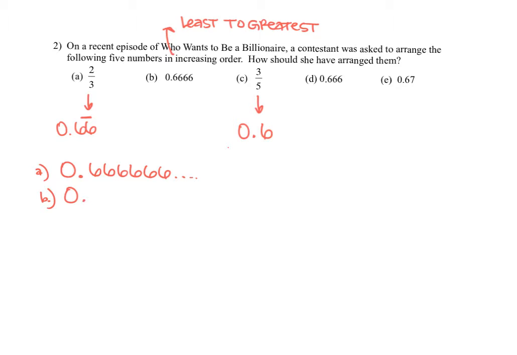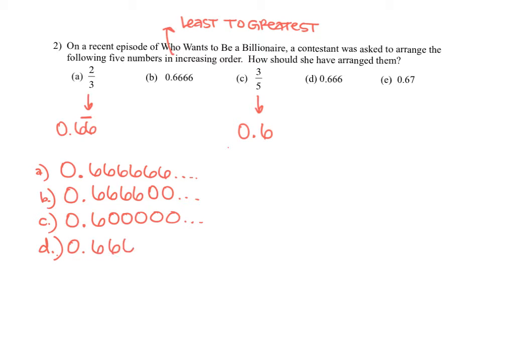B, I'm going to write as 0.6666 because there's 4 6s there. And then I'm going to add zeros because remember after the decimal point I can add zeros and that doesn't change the value. For this one, I just have 1 6, so I'm going to add a lot of zeros there. So I'm trying to get the same number of digits in each one, get those all lined up. So D would be 0.666 and then some zeros. And E is the only one that has that 7 in there. It's